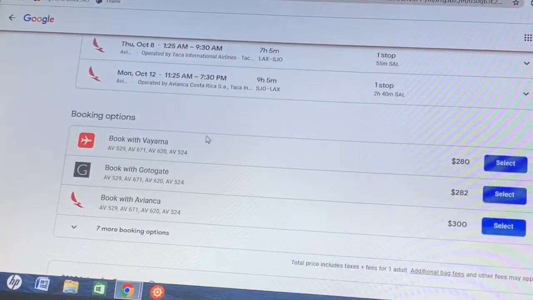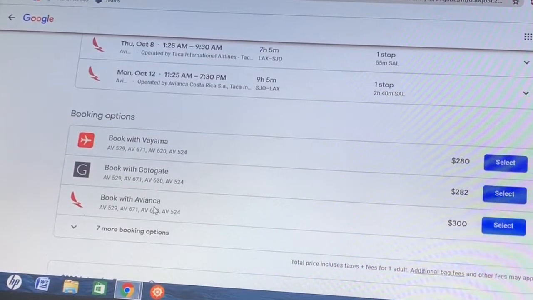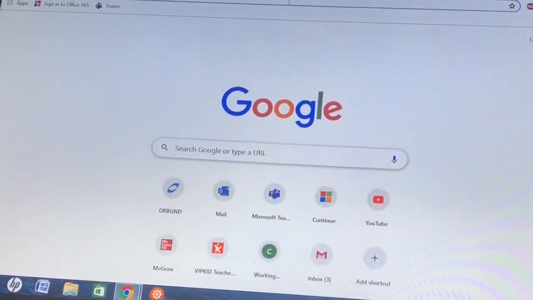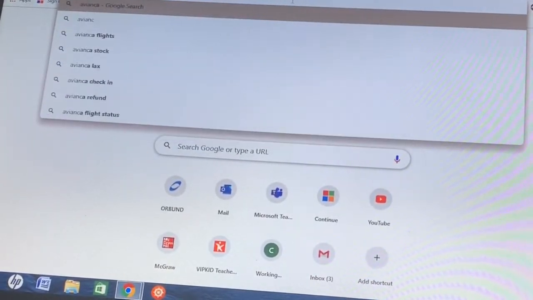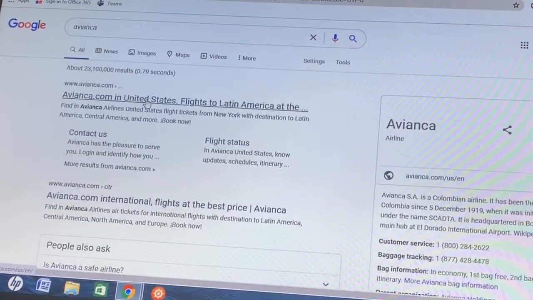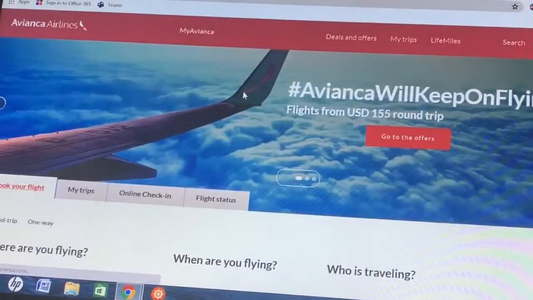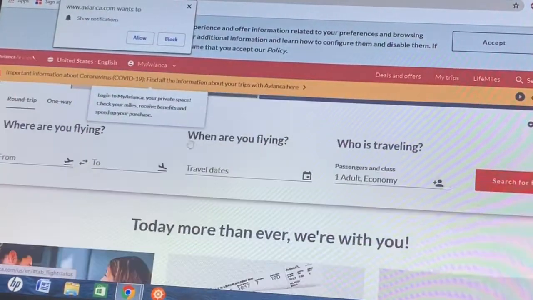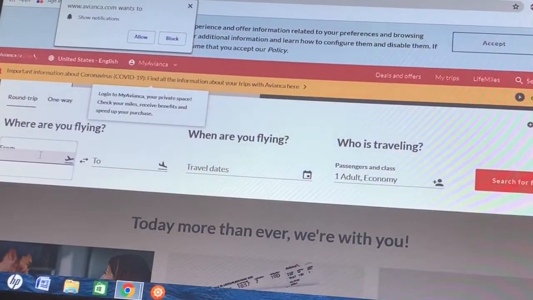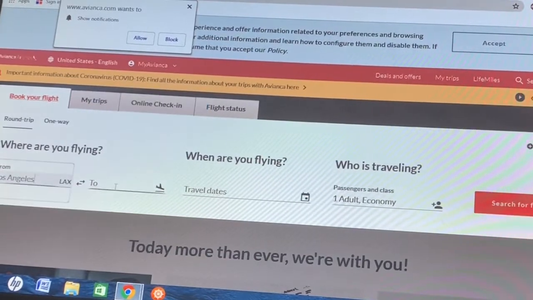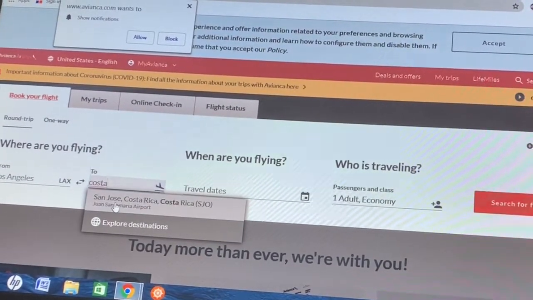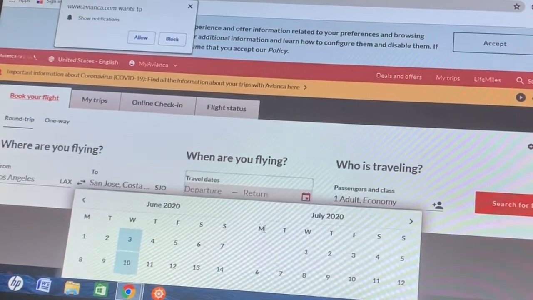The other option is to buy from the airline. I don't like to click on this one. I would just make a new search and go on the actual site, so Avianca. Go here and you do the same. LAX to San Jose, Costa Rica, same dates,